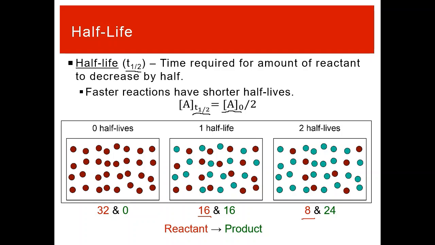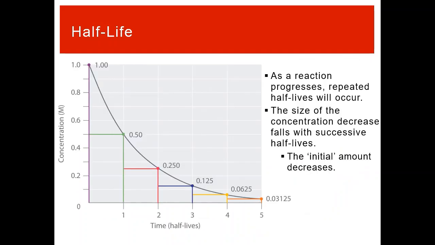So it's important to note that a half-life is not describing how much reacts, but actually a percentage. 50% are gone. If you start with more, 50% will be more of that. And you can have one half-life after the other. You have a half-life, you have another half-life, the reaction keeps going, you keep losing more and more. But the absolute size of the decrease will be smaller. Because say you have 1 molar,